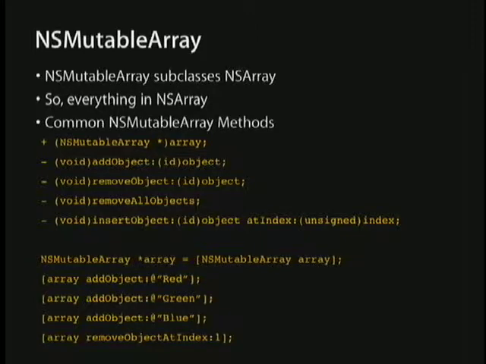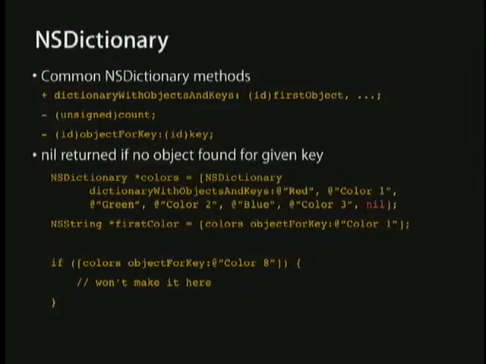You can get one again with NSMutableArray array, or NSMutableArray arrayWithCapacity, which lets you specify a particular capacity. This convenience one is equivalent to sending arrayWithCapacity 0, so it grows unboundedly. You can add an object, remove all objects, insert an object at a particular index. There's a number of other things. They're all in the header and the docs, but you'll see those.